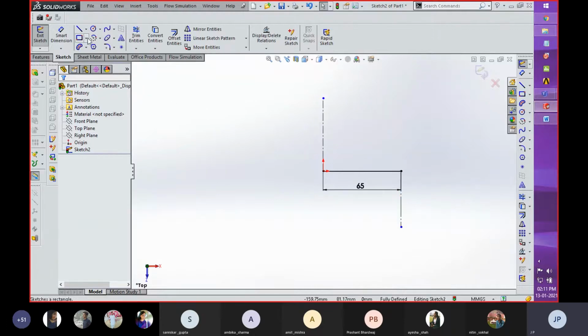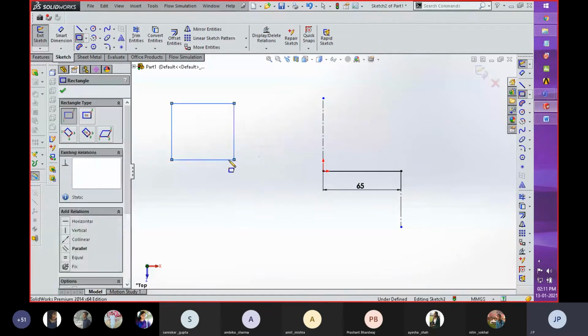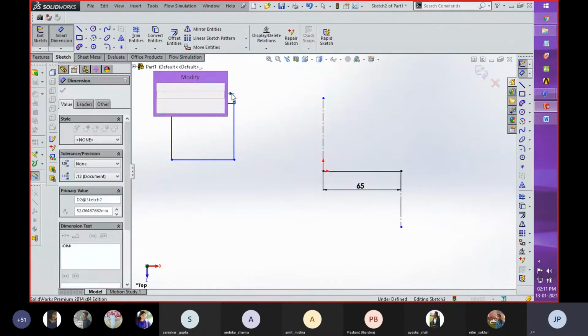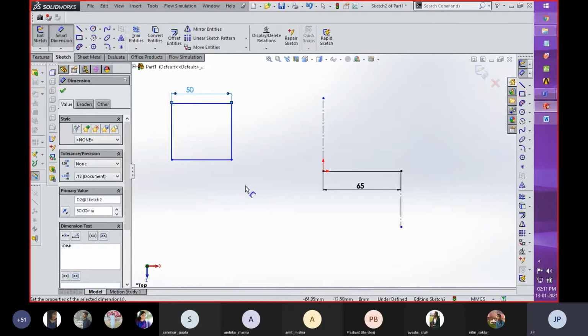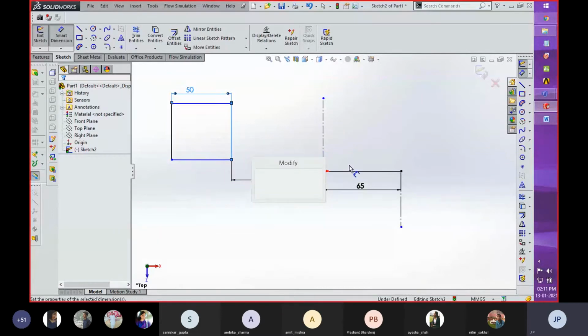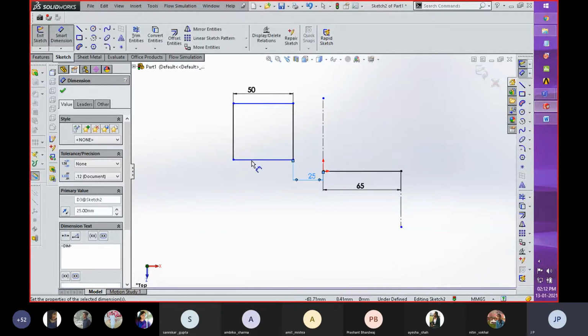The other toolbar is the rectangle toolbar. Over here, you can see that there are 5 methods by which you can create rectangles. The first one is corner rectangle. For this, you have to select 2 points of the rectangle. After that, you can dimension it using the dimension toolbar. By clicking over here, you can fill in the value you want. You can also give a distance from this center point to the starting point of this line. With the help of the dimension toolbar, you can dimension anything as per user need. You can see that the rectangle shifted by 25 millimeters.